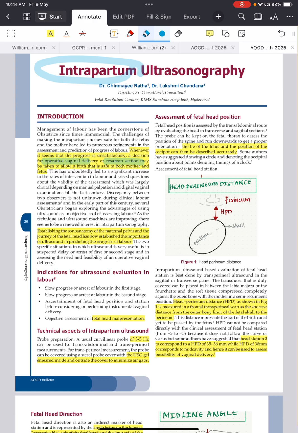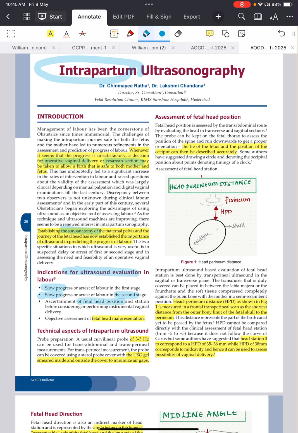Okay, so this ultrasound during labor is known as sonometry of the maternal pelvis. It is helpful to find out how the fetal head is in respect to the pelvis. For example, a lady came and she's progressing well. After some 4 hours, if you did a PV and the head is engaged, for these patients there is no need of doing an ultrasound evaluation. So if they're having slow progress in the first stage of labor or slow progress in the second stage of labor,